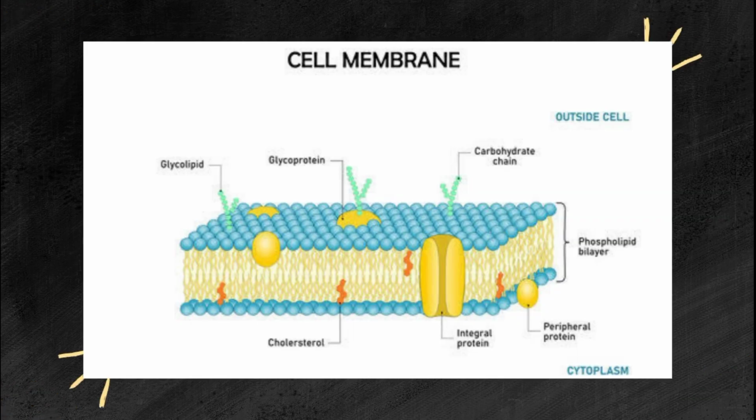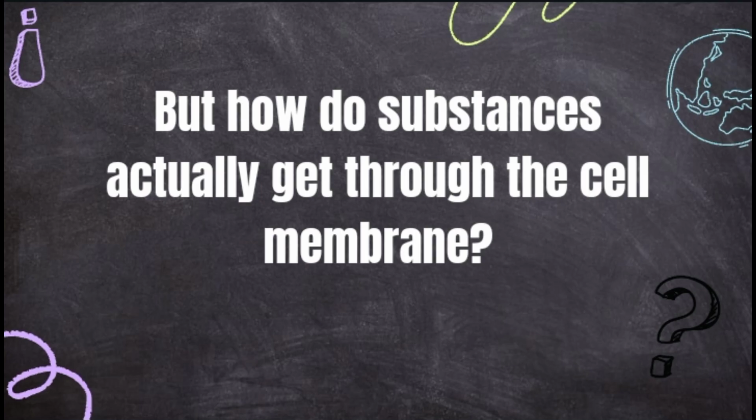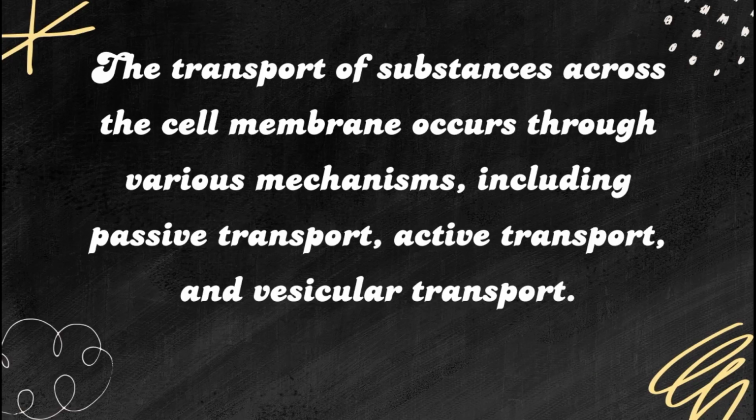These structures give the membrane both flexibility and stability, allowing it to selectively control the movement of substances into and out of the cell. But how do substances actually get through the cell membrane? An excellent question. The transport of substances across the cell membrane occurs through various mechanisms, including passive transport, active transport,